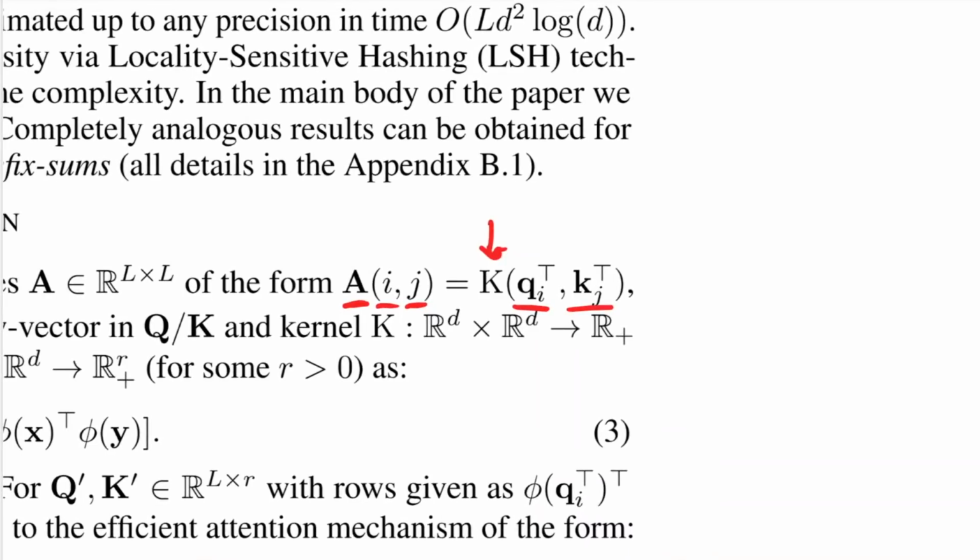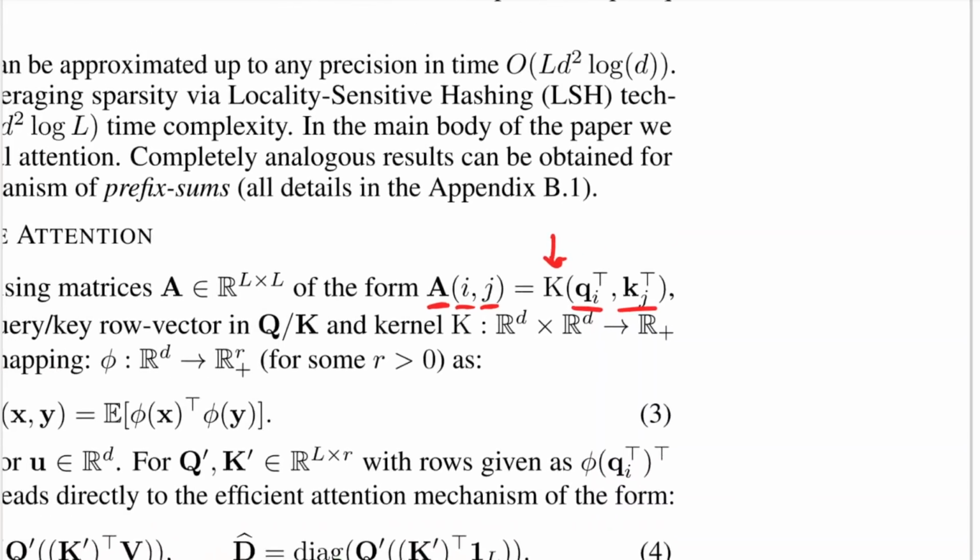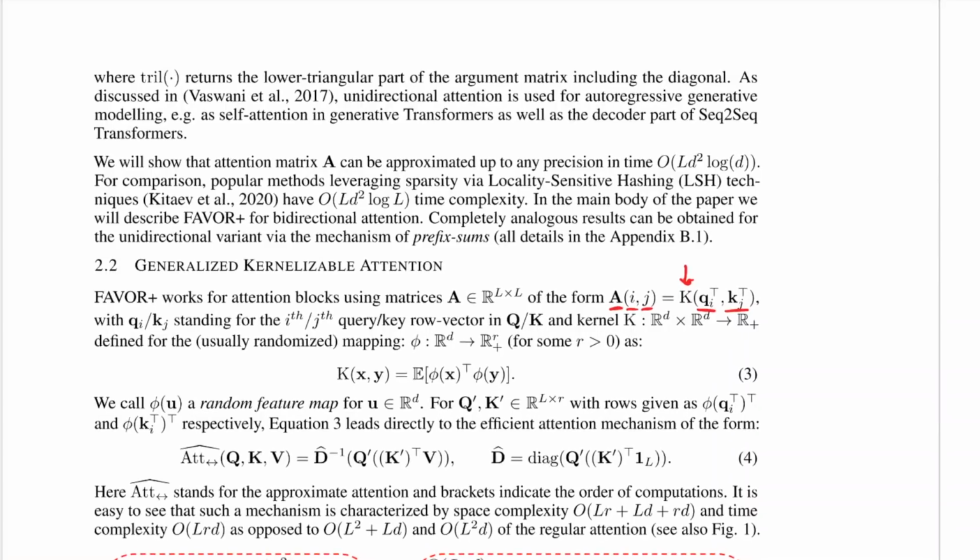In our case, this is going to be the x of query times key, like this. Sorry, the other way around. Query transposed, query times key, the inner product of that. However, you can think of any sort of kernel function. Okay, so